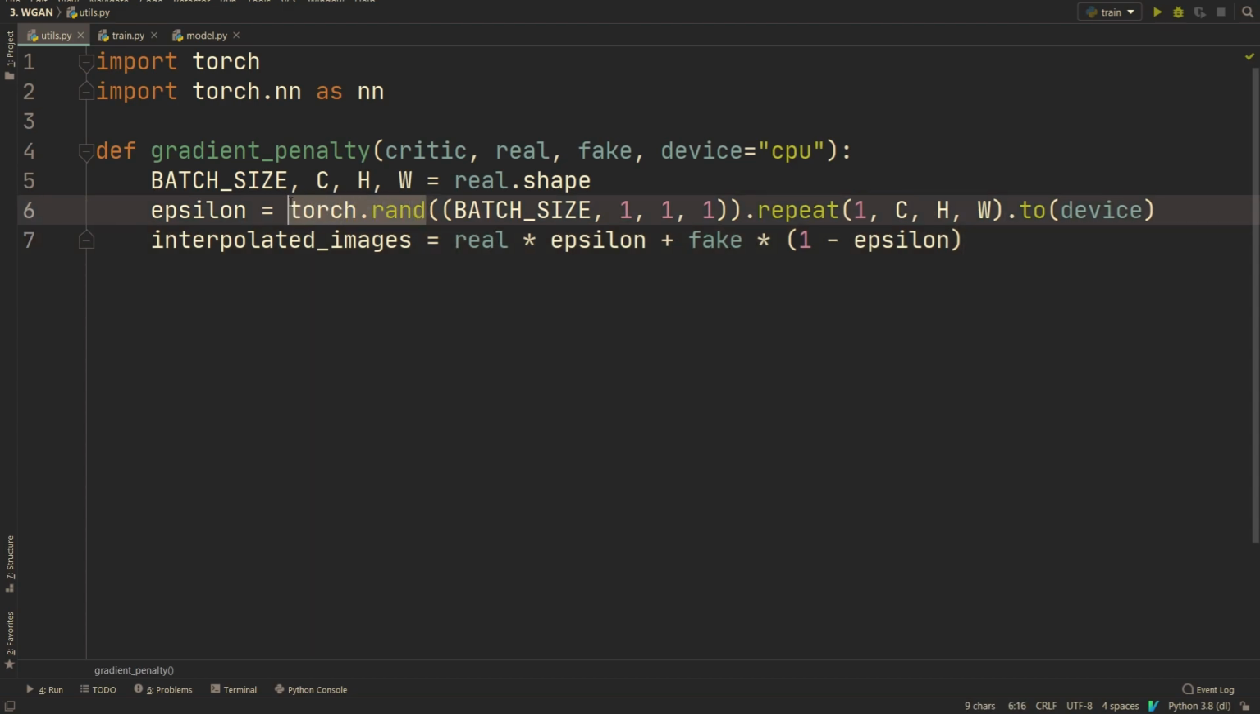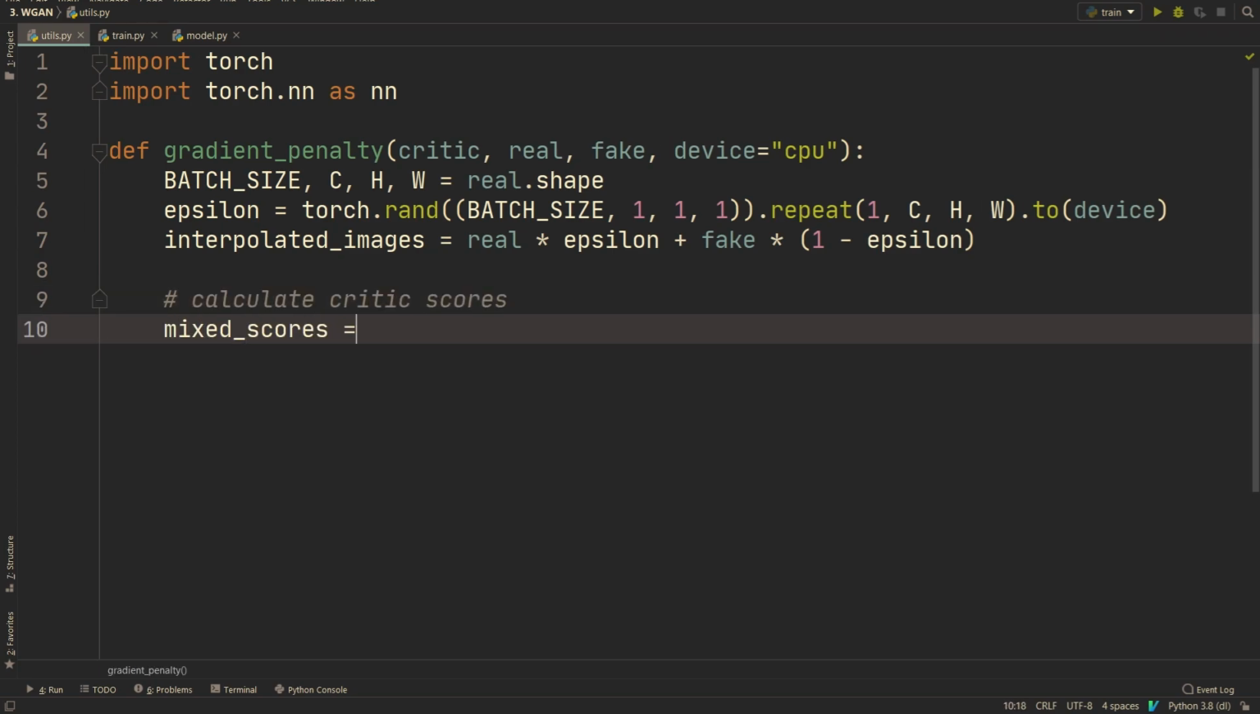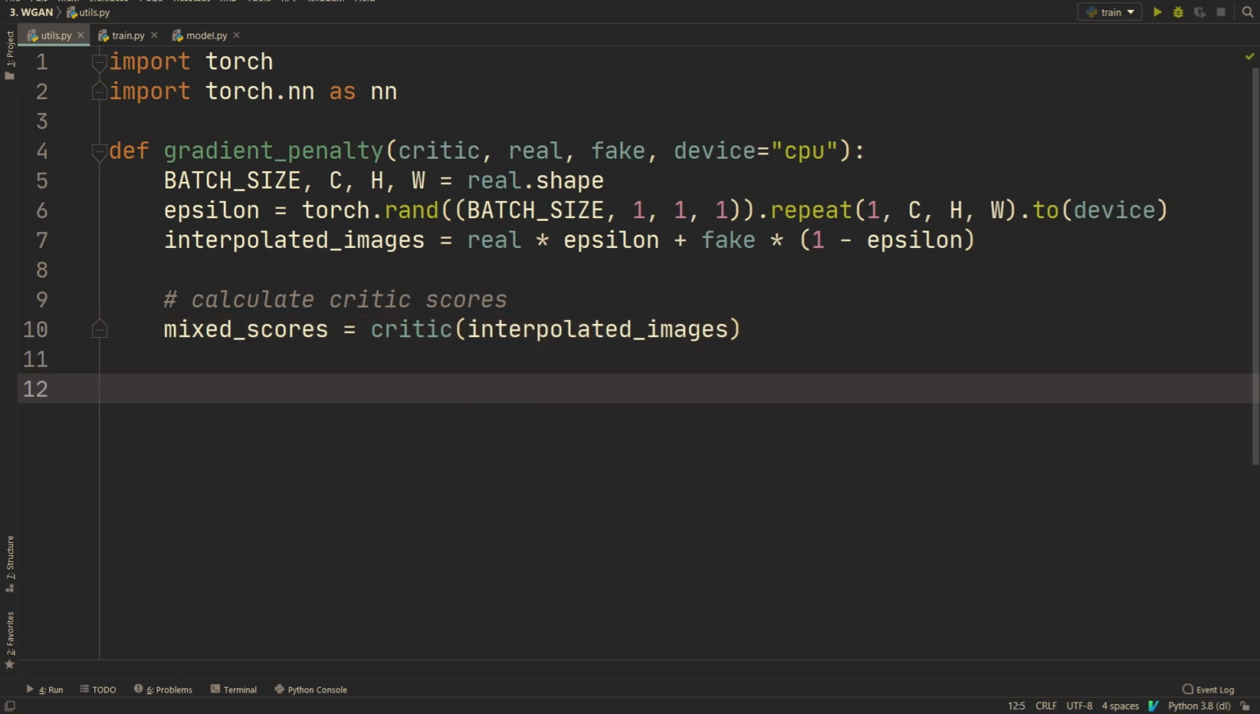But of course, these are random, so it's going to be randomized to be any value between 0 and 1. And then we want to calculate the critic scores. So we're going to do mixed scores is going to be critic of interpolated images. And we call it mixed scores because these are the scores from the interpolated images. Then to calculate the gradient, we're going to do gradient is